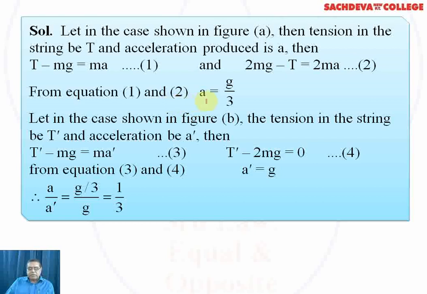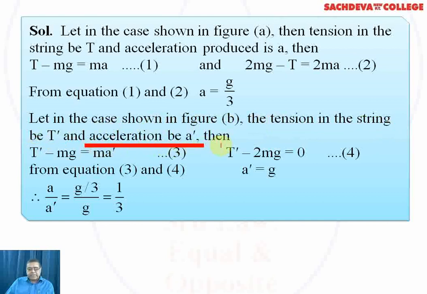So some of the numbers will cancel off and the net result will be a is equal to g over 3. If g is 10, then 10 divided by 3 will be 3.3 in meters per second square. Now, suppose that in the case shown in figure B, the tension in the string is T dash,